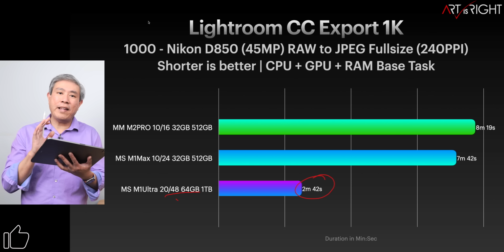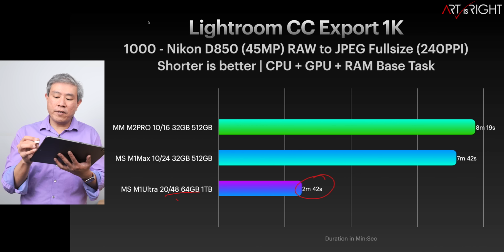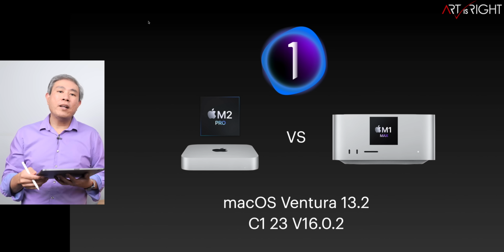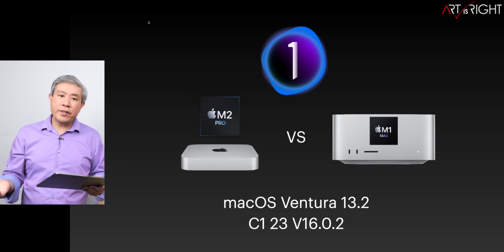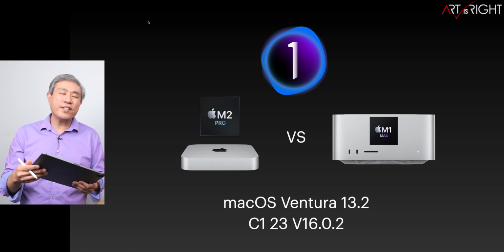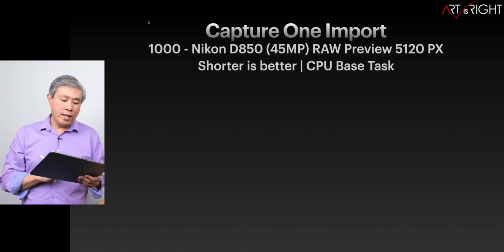This is exporting 1,000 files under 3 minutes. It's really fantastic, but it gives you an idea for how the computers are scaling. Now let's take a look at Capture One. Ventura 13.2, Capture One 23 version 16.0.2. And with this in mind,